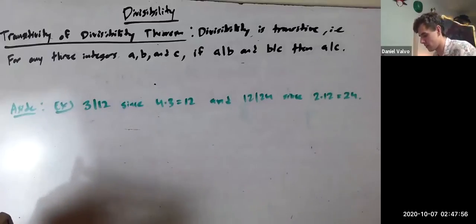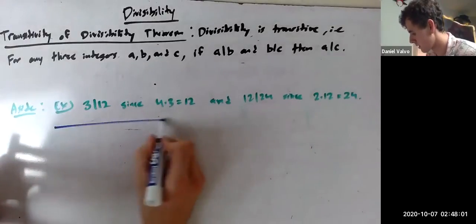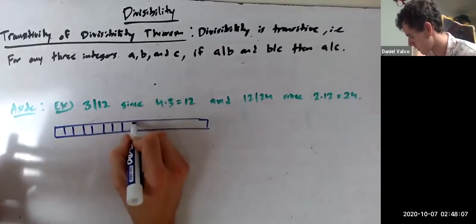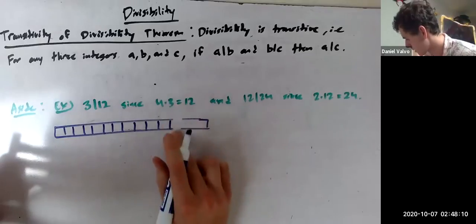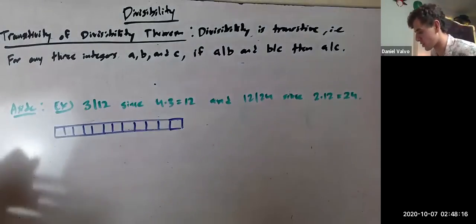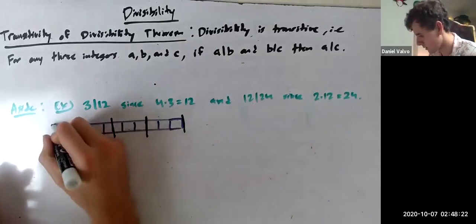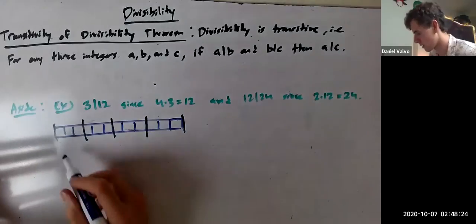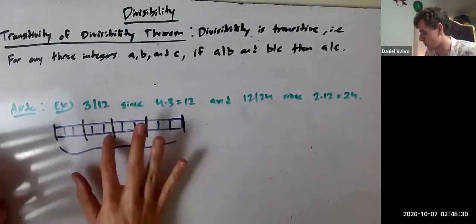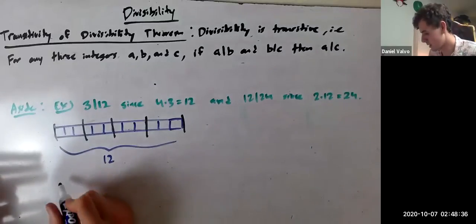And so now we can draw that, right? So this is a drawing that shows that 3 divides 12, because this says 12. So you can say that 3 divides 12, right? Because we can split it up into 4 pieces, each of length 3. 3 evenly goes into 12. We can also see that